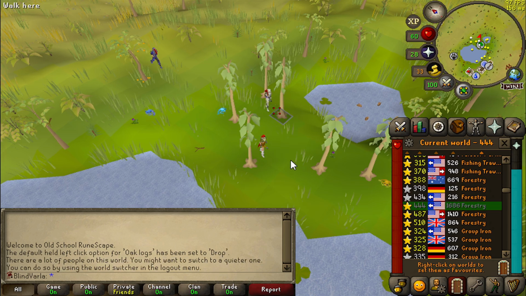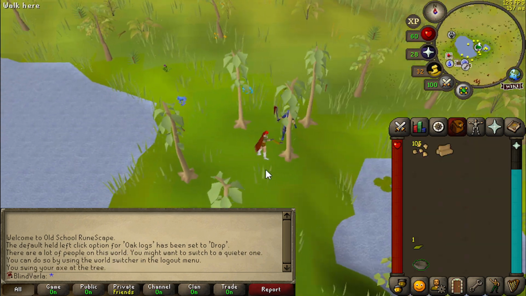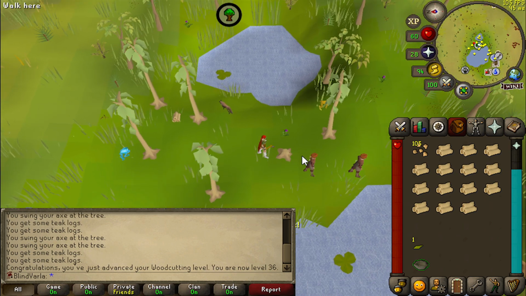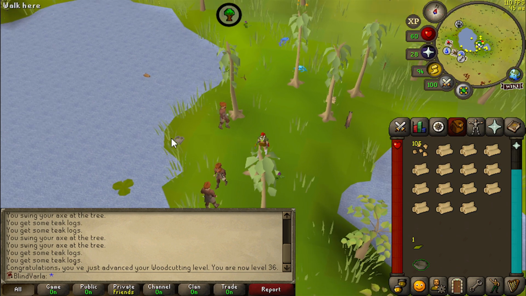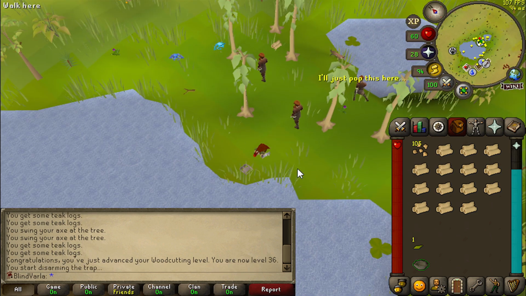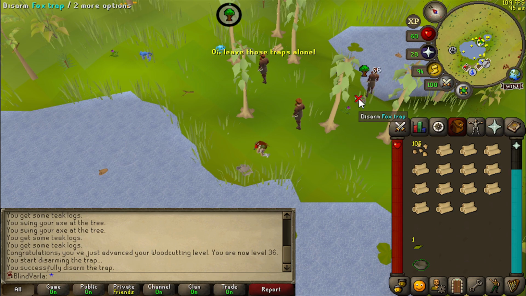Let's see if... Oh, there's more. So yeah, we'll stay here for a bit. Let's see what these events give. Oh, here we go. I have no idea what to do. Oh, disarm, I think. Okay. This is my first ever...